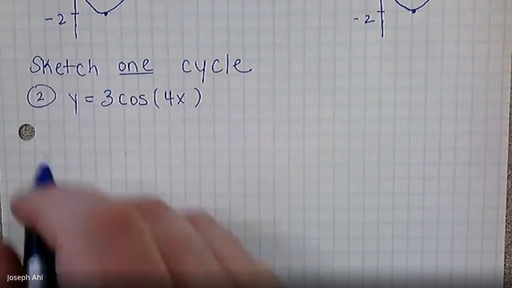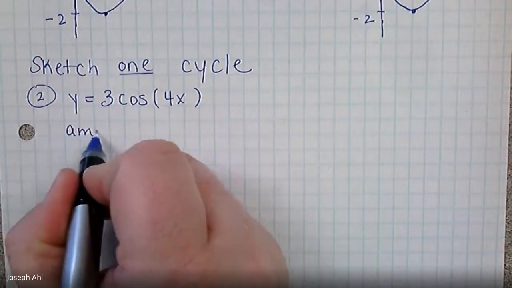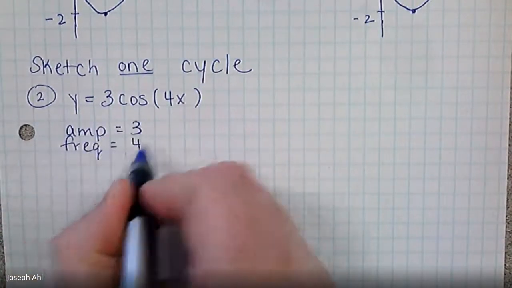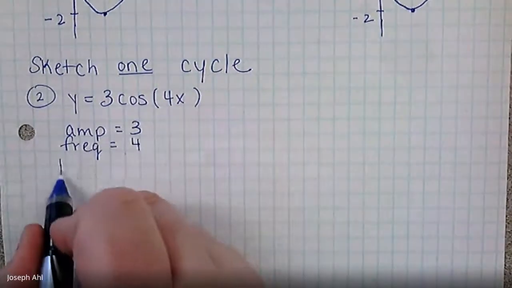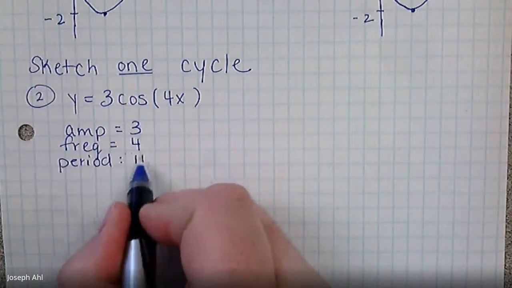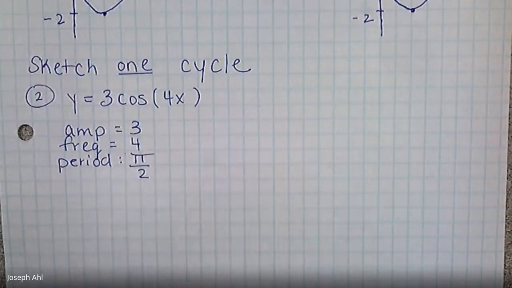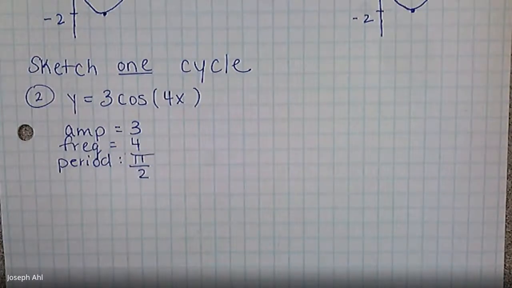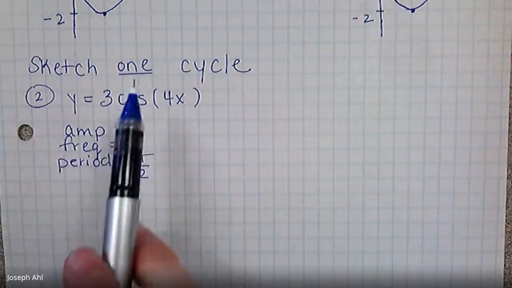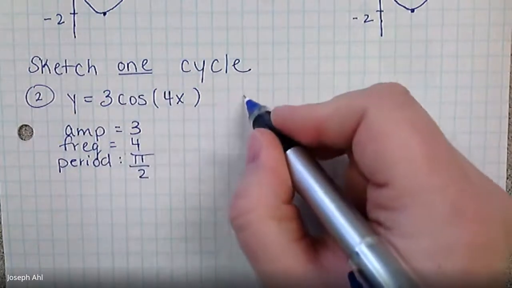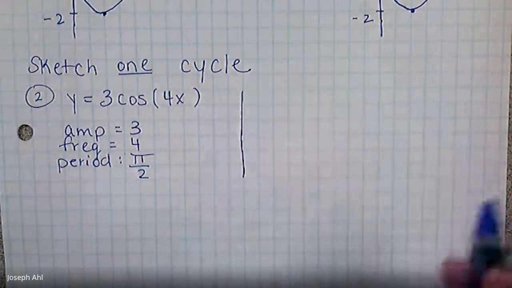So in order to do that, let's identify the key information. So we have an amplitude of 3 here. We have a frequency of 4. And then we have a period of, well, if I do 2 pi divided by 4, that's going to reduce to pi over 2. Okay, 2 pi over the frequency would give you pi over 2 there. So I need to see one cycle of this graph, which is all I'm sketching, by the time I get to pi over 2. So if we create a set of axes here,